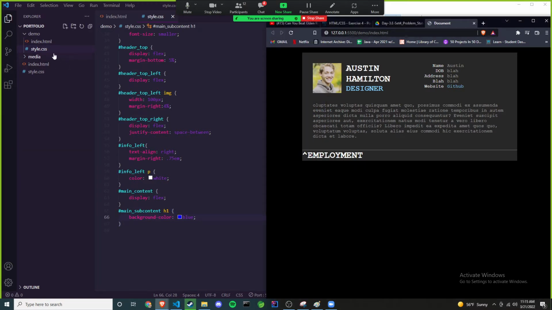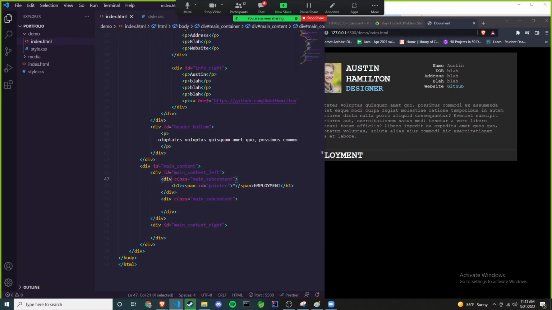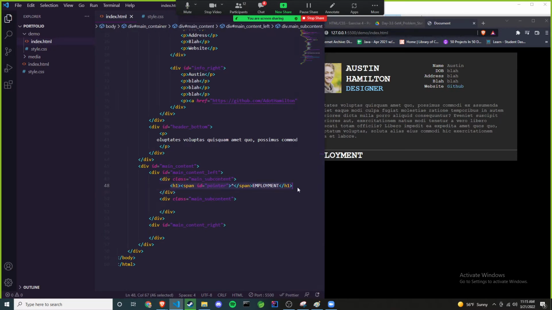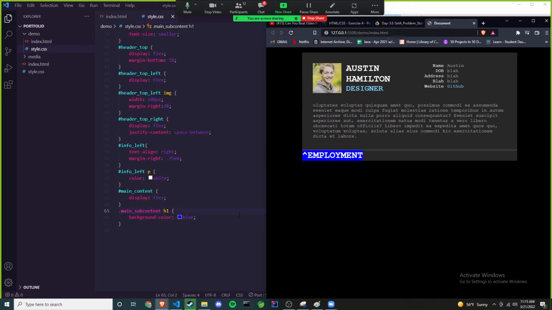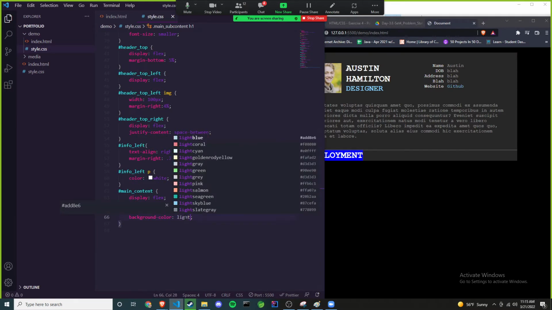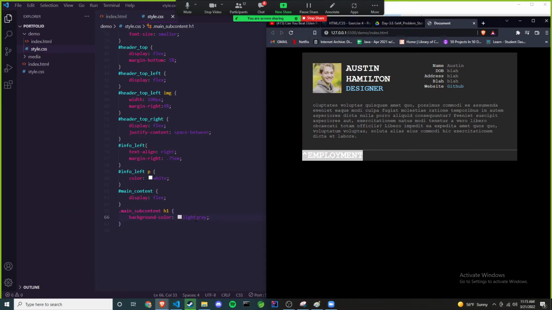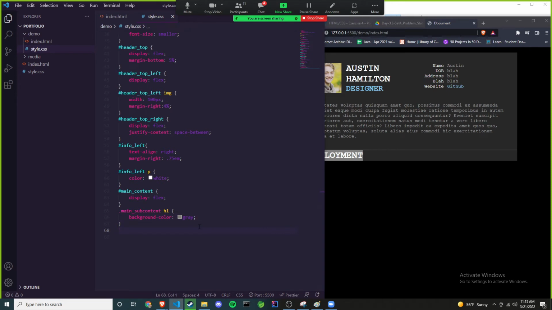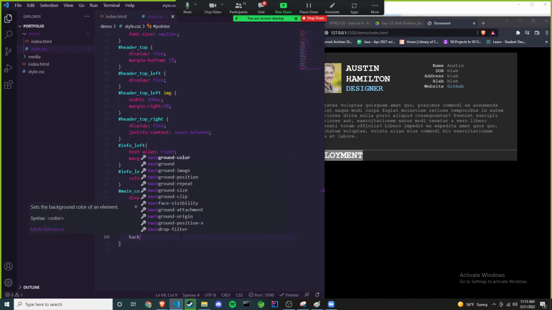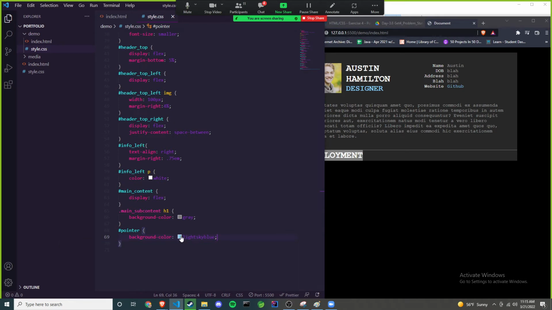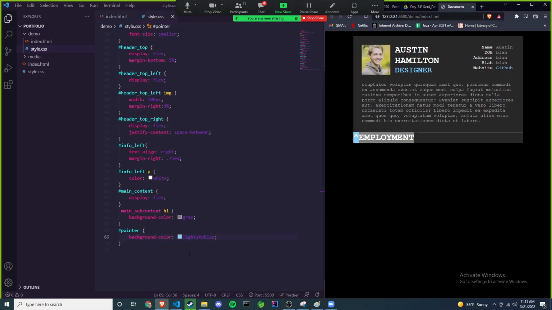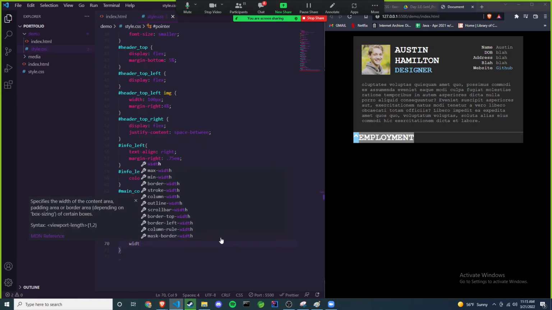Or not. Hold on. Main sub content H1. Oh, you know what it is? I gave that a class, and I'm using the hashtag selector. I need a dot selector for the classes. That'll work. And then I'll select the pointer, and I'll just do background color light sky blue. Let me just fix that there. Okay, light sky blue. I'll give this a width of like